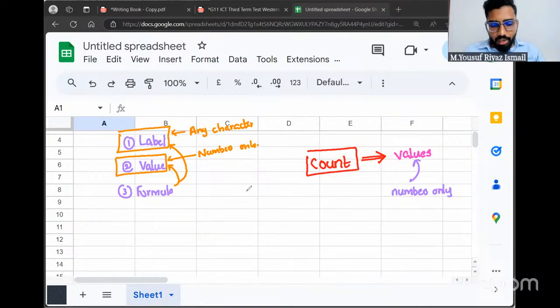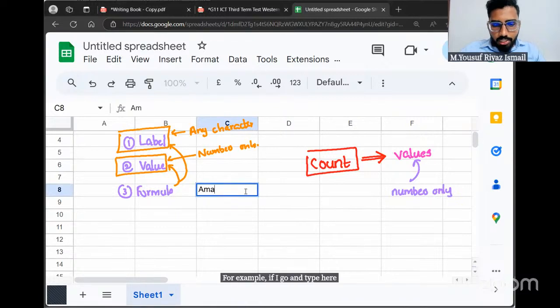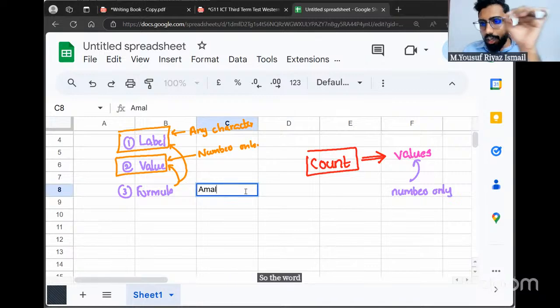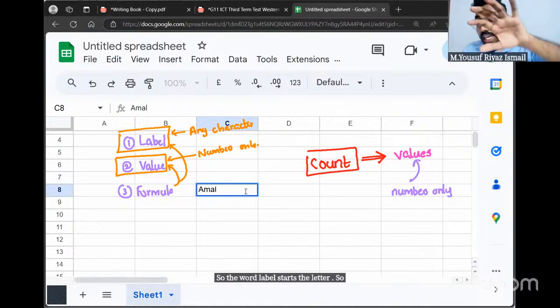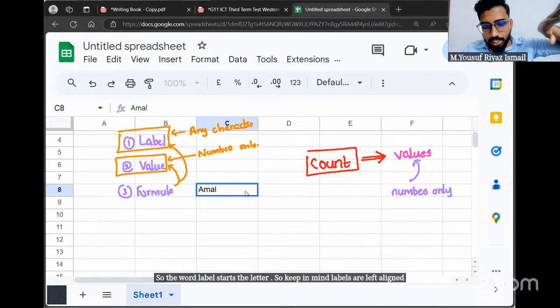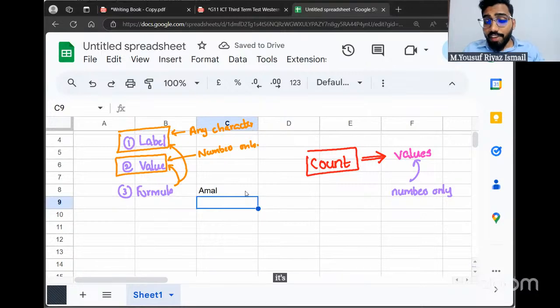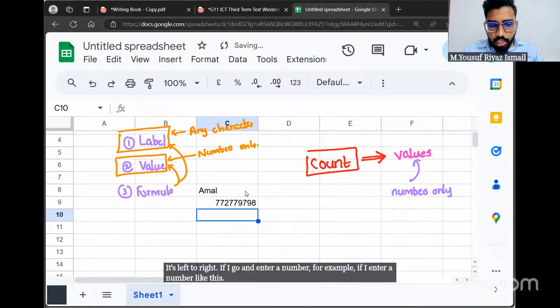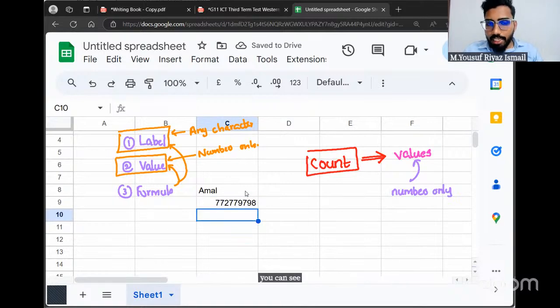For example, if I type a person's name here, it's a label. The word label starts with the letter L, so keep in mind, labels are left aligned. If I click enter, you can see it's left aligned. If I enter a number, you can see values are right aligned.